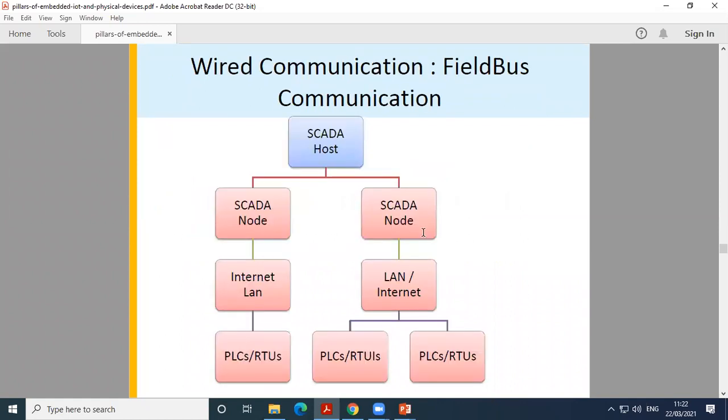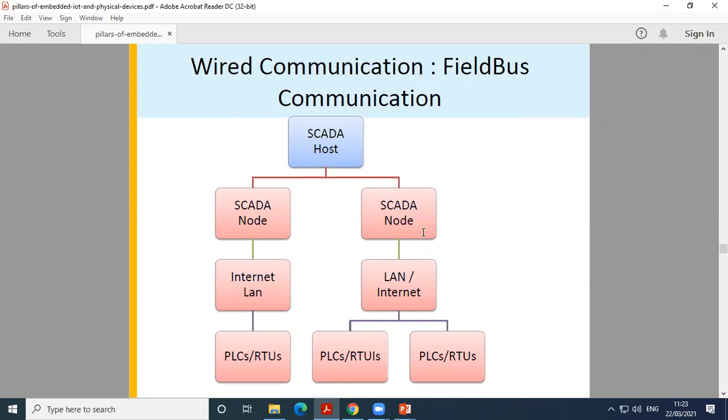Here you can see the wired communication, field bus communication for SCADA-based applications. The application consists of the SCADA host with high speed ethernet, SCADA nodes, then the internet, which may be your LAN network, and the H1 field bus. Then it has the PLCs or RTUs. PLCs means programmable logic controllers, and RTU means remote terminal units. Okay, so this is the general field bus communication